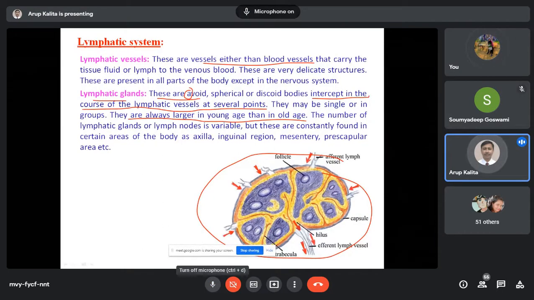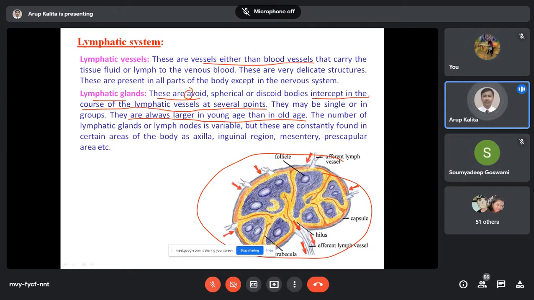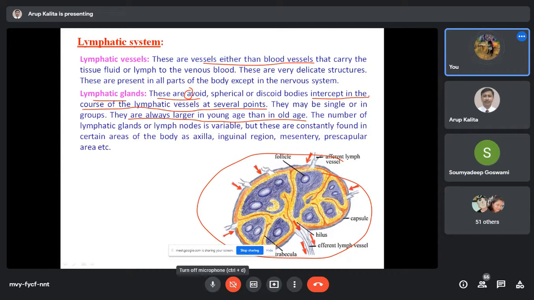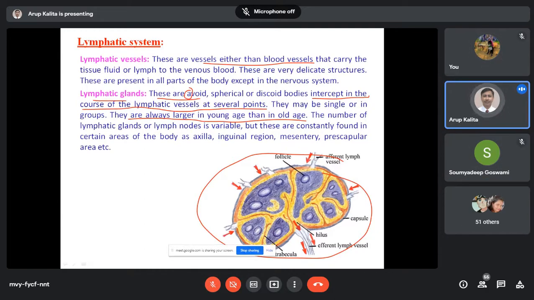What is the primary lymphoid organ? Sir, thymus. Thymus. Now, what will happen? Thymus will produce the lymphocytes. After that, they will mature and be distributed to the secondary lymphoid organs, is not it? Then what will happen to the thymus after completion of distribution? Atrophy. That means no new lymphocytes will form in the thymus. Okay. Clear?